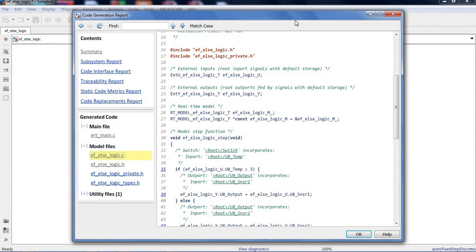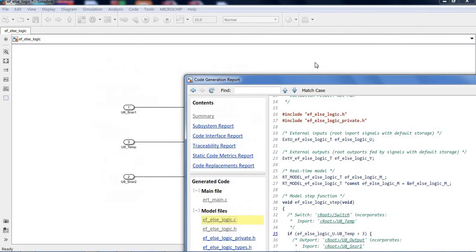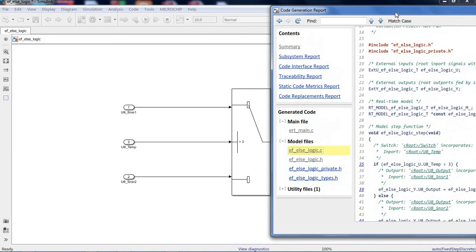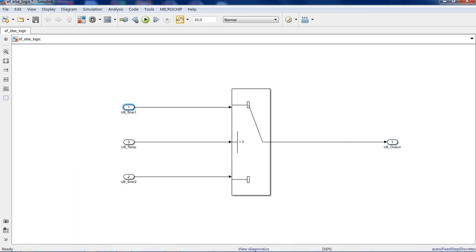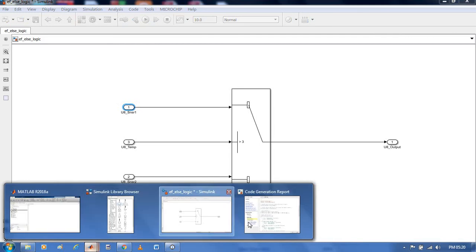See, our logic is here. The first condition: if temperature is greater than 3, then you want the output to be equal to sensor 1. The same logic is here, you can check.